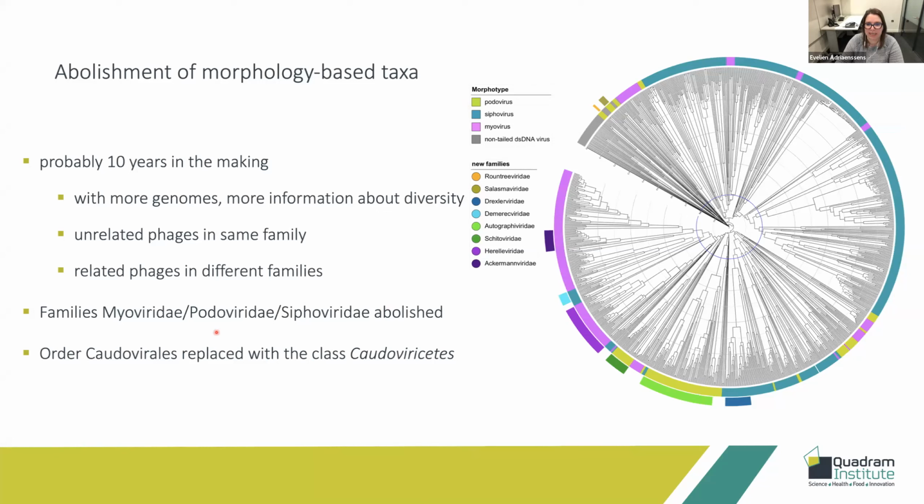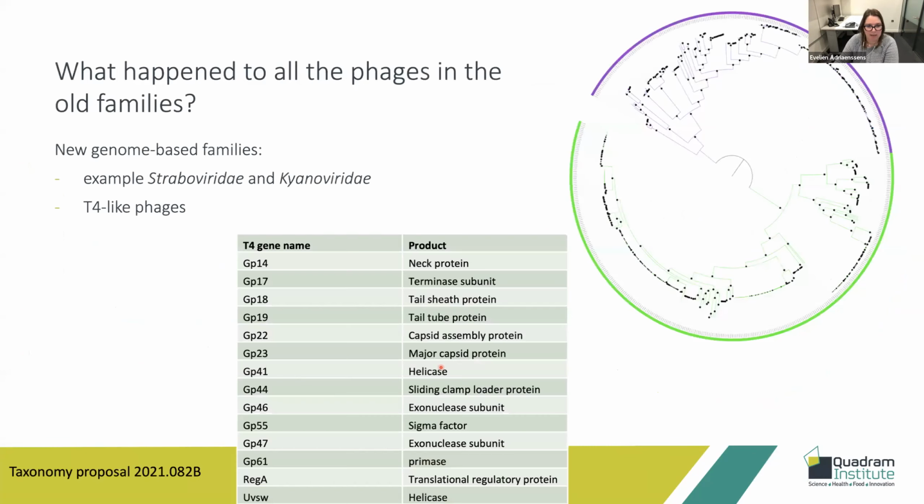The other thing to make space for more diversity is that we remove the order Caudovirales, but it's replaced with the class Caudoviricetes. So all tailed bacterial and archaeal viruses are now in this class Caudoviricetes. So you may ask what happened to all of the phages in the old families. For some, we've been able to, at the same time, generate new families based on the genome,